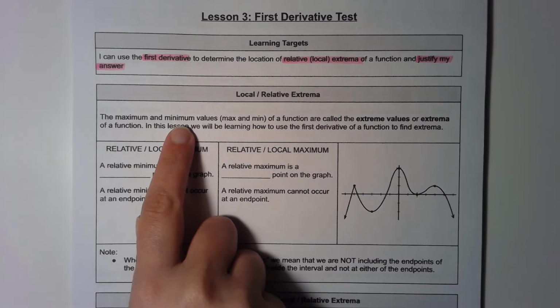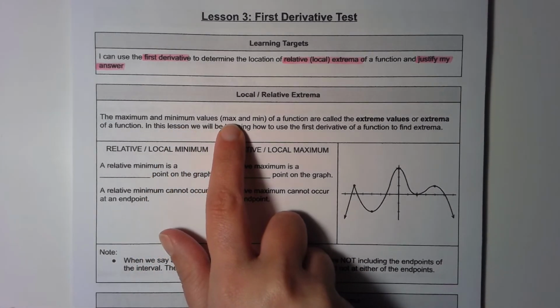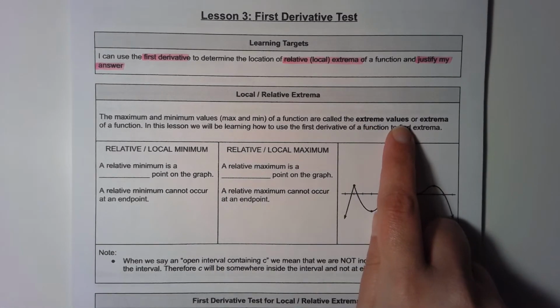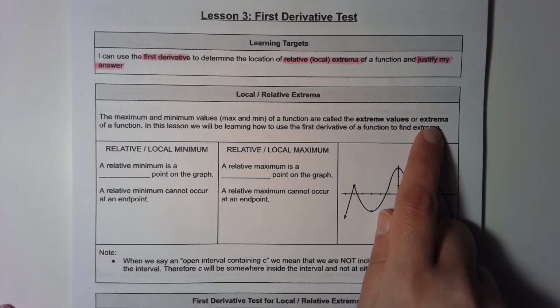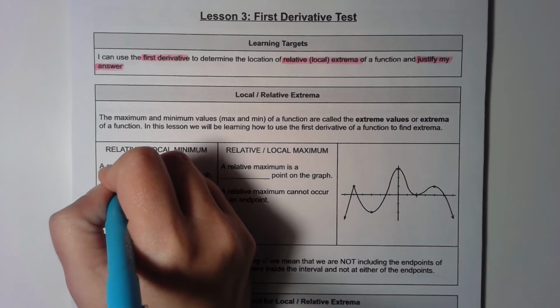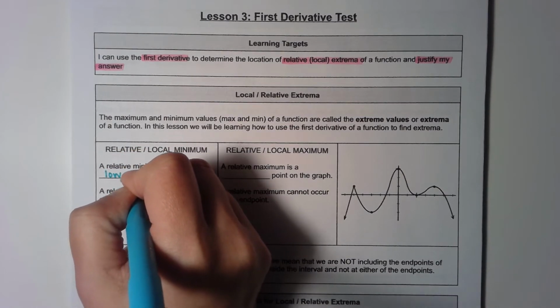The maximum and minimum values, which we often abbreviate max and min, of a function are called the extreme values, or the plural of that would be extrema of the function. In this lesson, we're going to be learning how to use the first derivative to find these extrema. So let's start with just visually looking at a graph and identifying the extrema of the function. A relative or local minimum is going to be a low point on the graph. So I often call these valleys